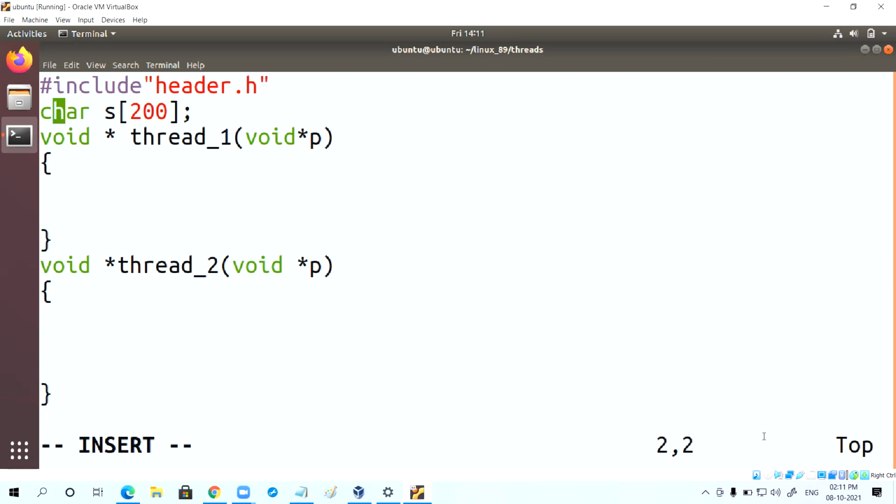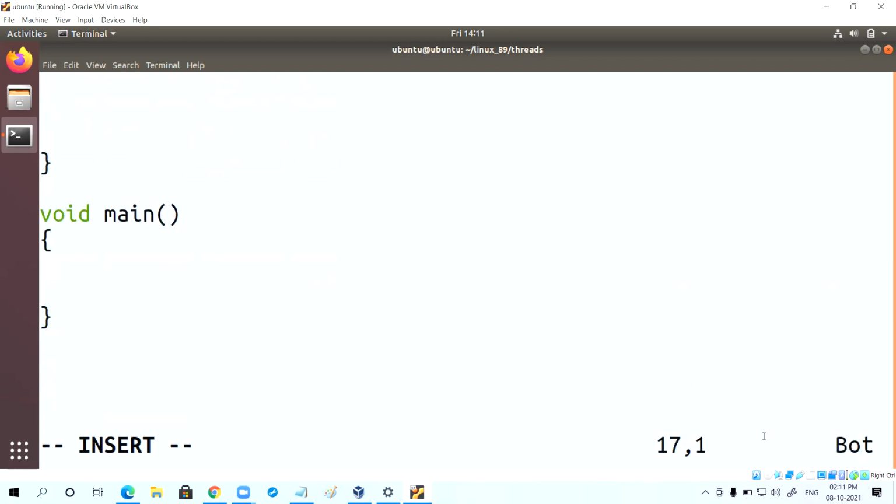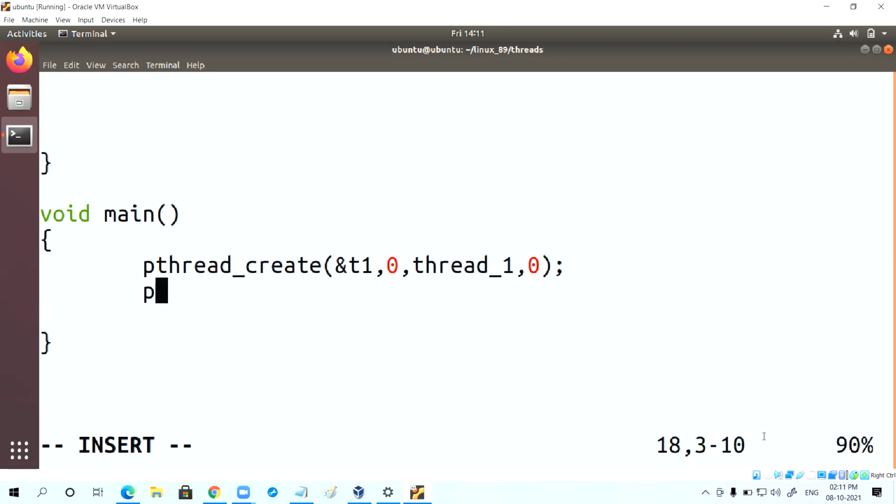Suppose main is creating these two threads. I'm writing the rough code, not the exact code. pthread_create(&T1, 0, thread_1, 0); pthread_create(&T2, 0, thread_2, 0).